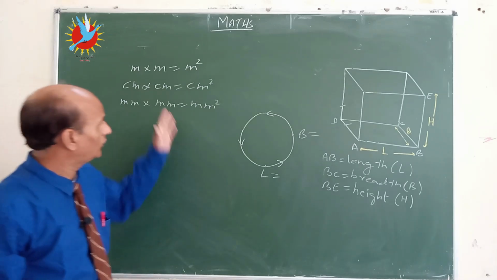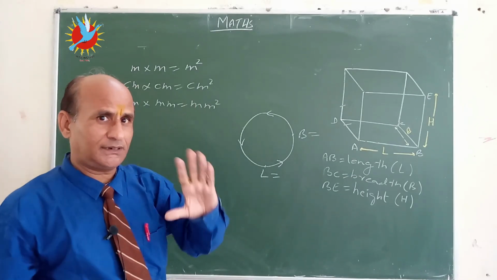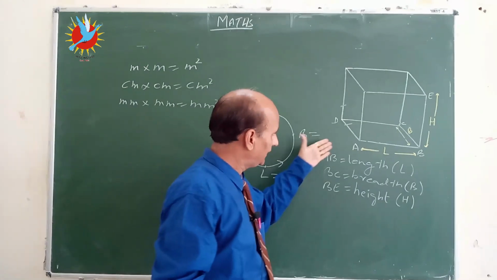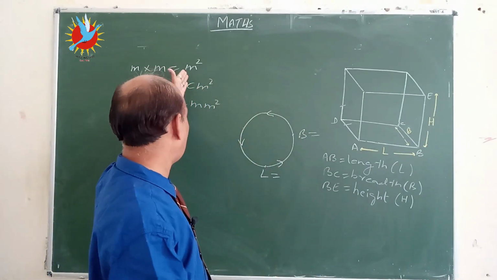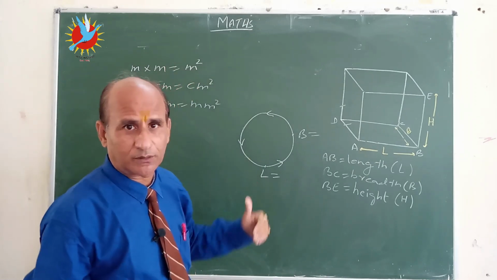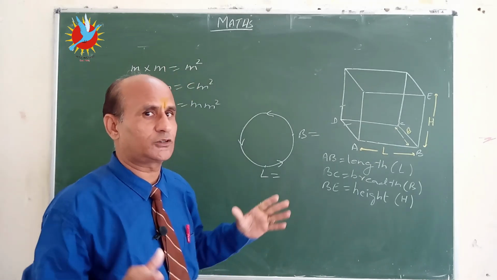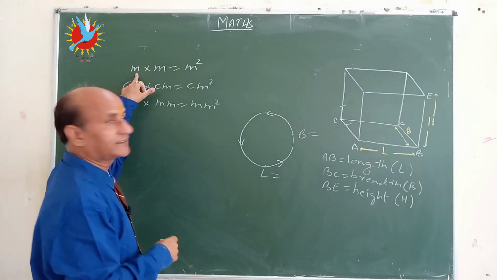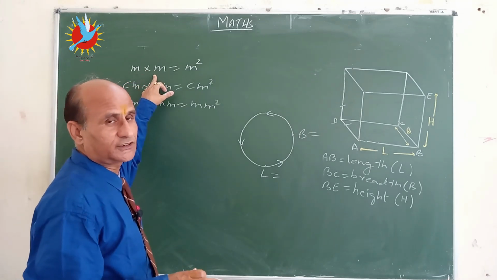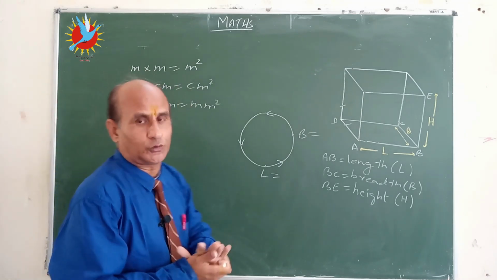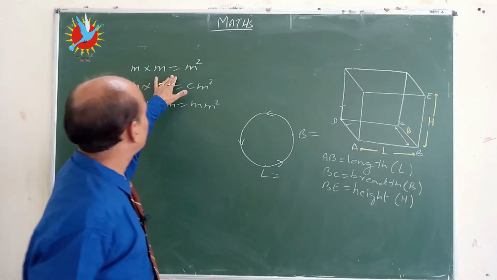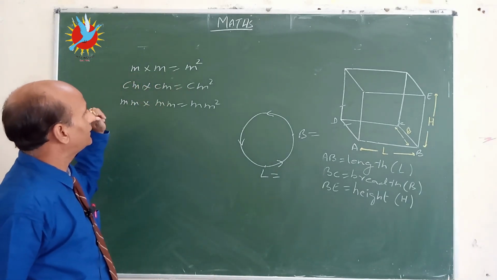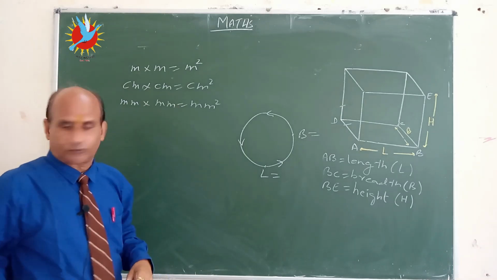So in this way you can fix the unit, but remember that all the length, breadth and height must have the same dimensions, that is either meter or centimeter or millimeter. The unit must not be mixed, that either one is centimeter or one is meter. No, this is not the way of finding the unit. If they are in meter, then it is meter square, centimeter then centimeter square, and millimeter square.